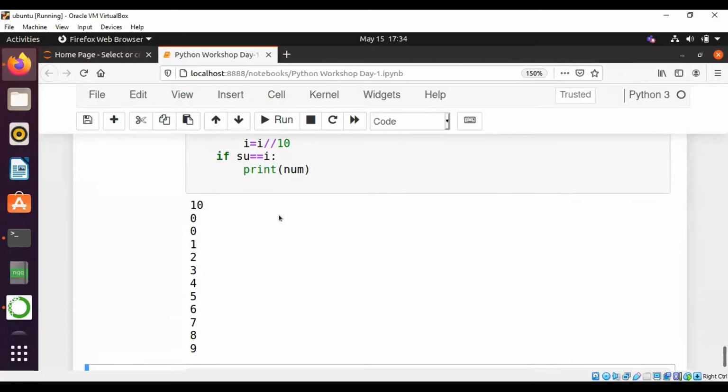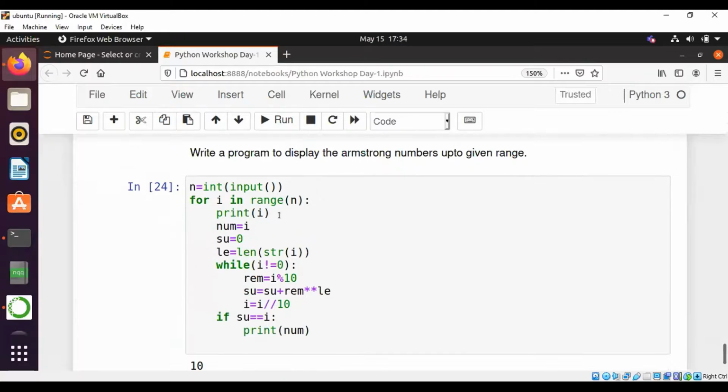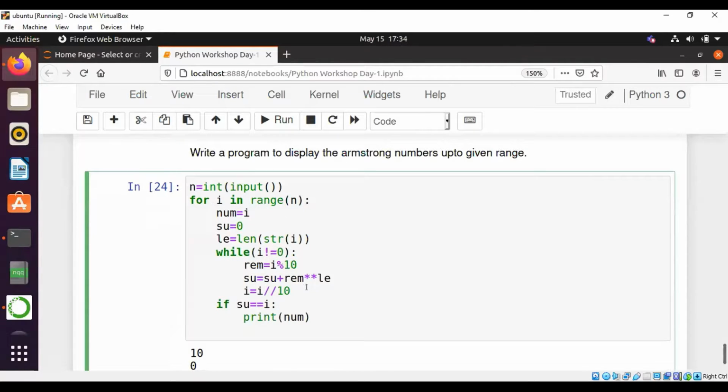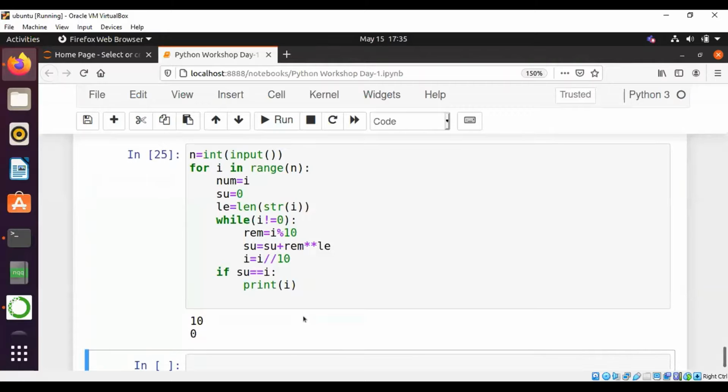It's taking, yeah, it's taking perfectly. Let's see whether it's printing true or not. Let's change to 10. Okay.